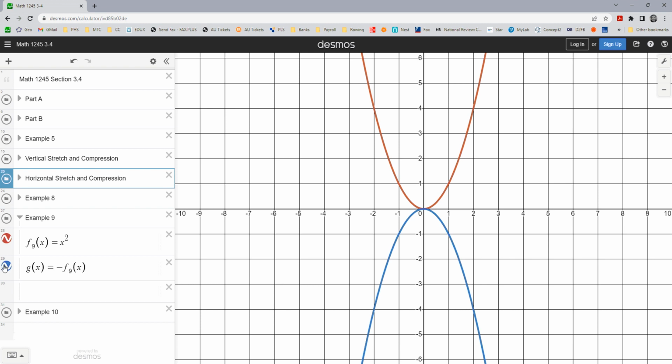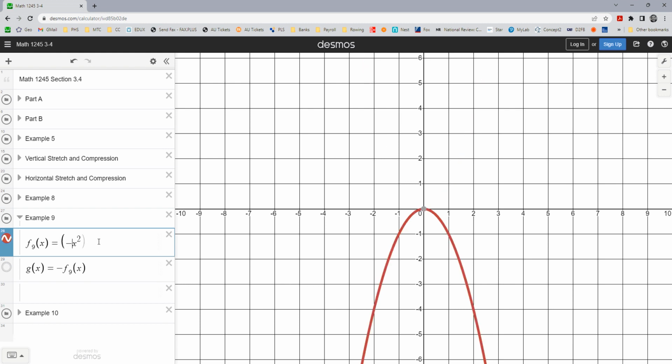I take the negative of x squared. I do see it's a reflection over the axis, over the x-axis specifically. Okay. Now, the other thing that I could have done here, let me just do this for a moment, just so we can see. If I put the negative with the x,